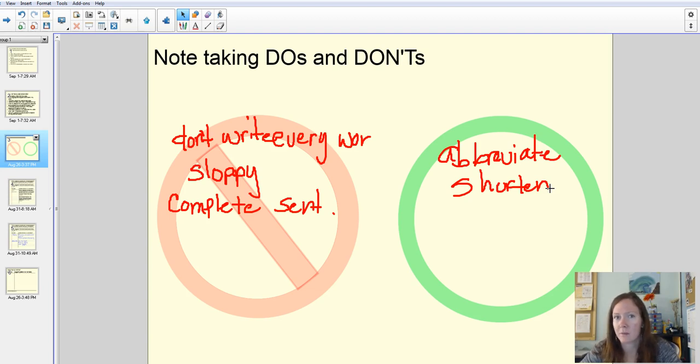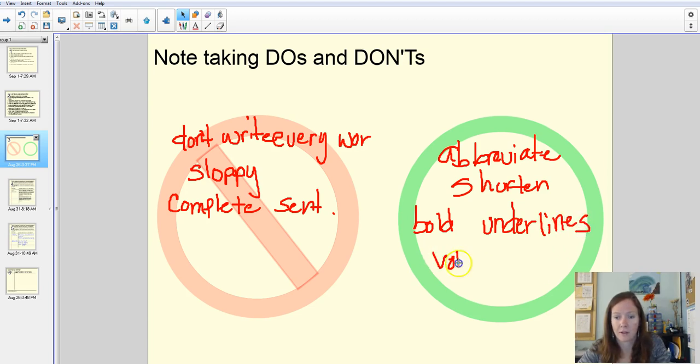So again, how do you know what's important? Well, teachers tend to use little tricks just like textbooks do. So some of the things you might want to look for are bold words, underlines, vocab. Let's do vocab there. All of those things are going to be hinted to in the lecture slides. Also, examples are good